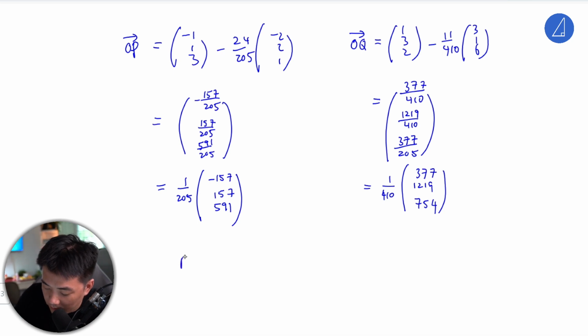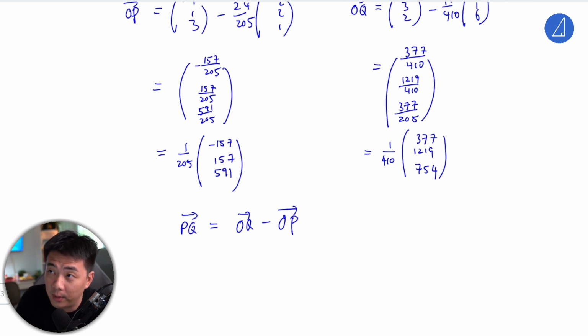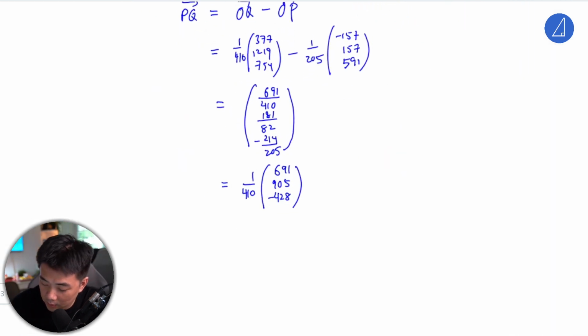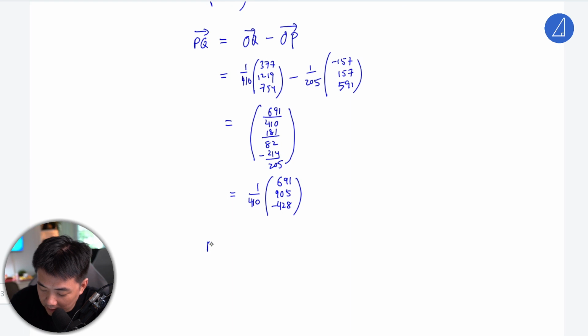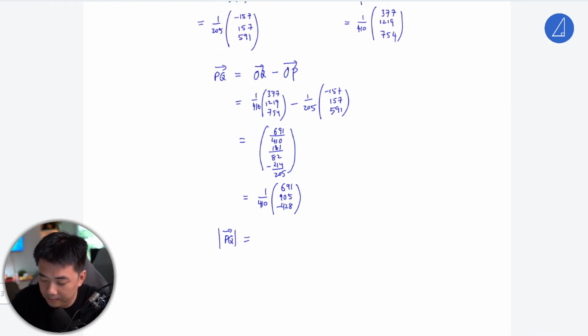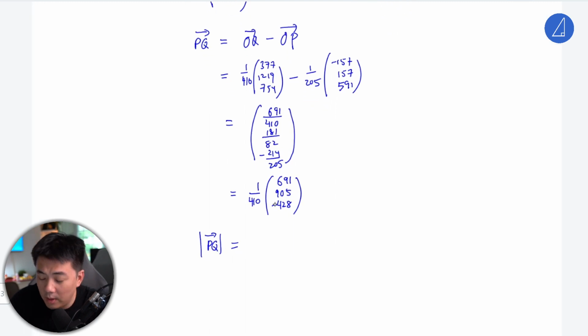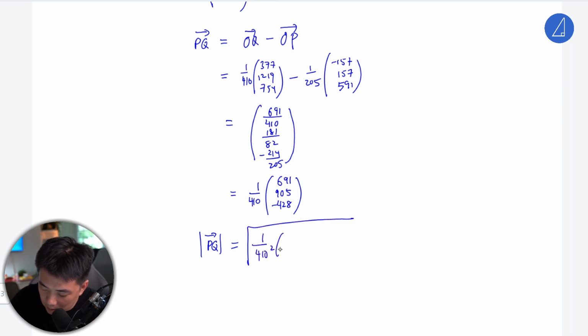So now I'm going to just find PQ. Then the shortest distance would be finding the modulus of this vector here, so the length of PQ. So I'm going to just proceed to do this calculation here. So this is P to Q. Now what I'll do is just find the length, just like that. The reason why I put the 140 out is because I don't want to put it too big. So what we can do is just 410 square root of